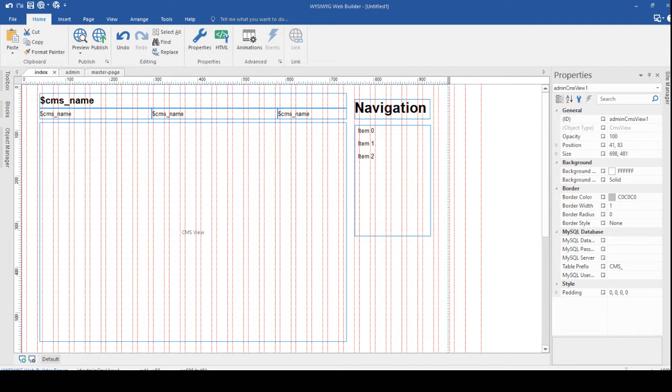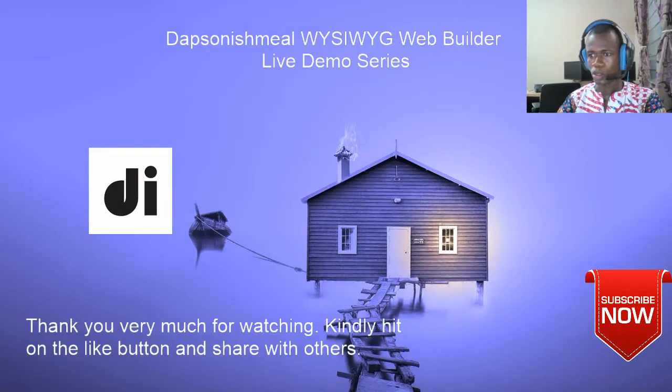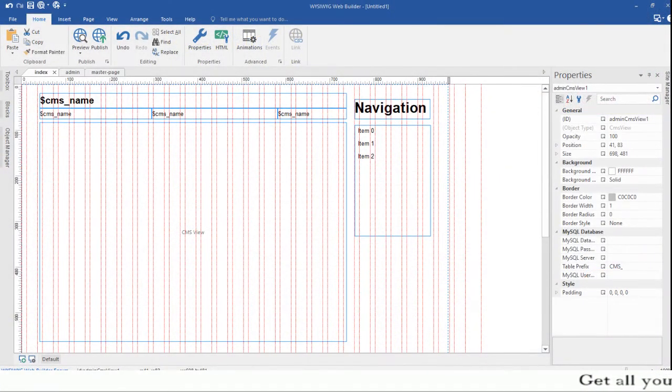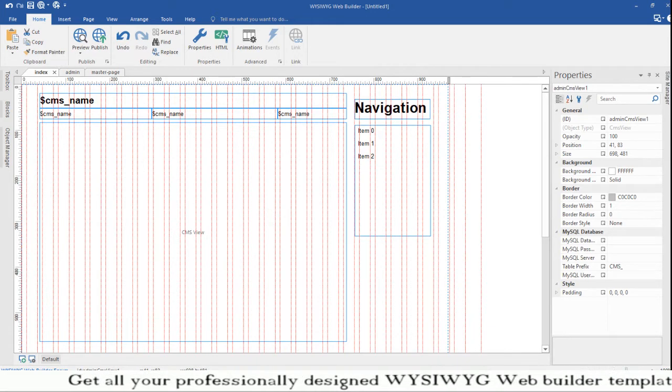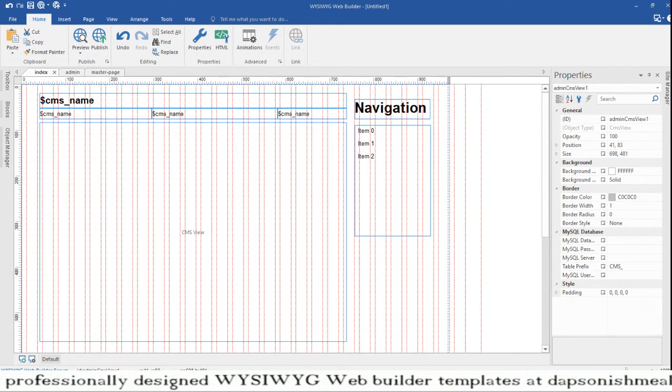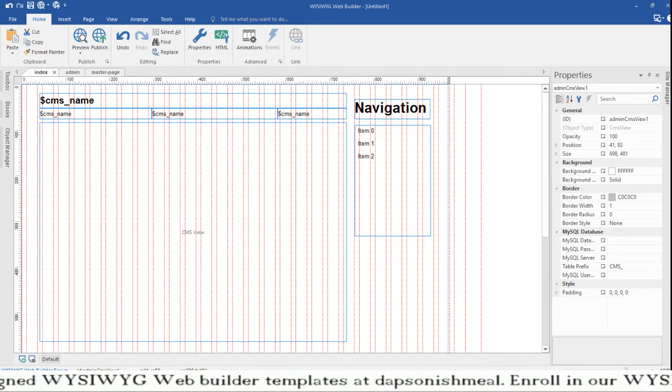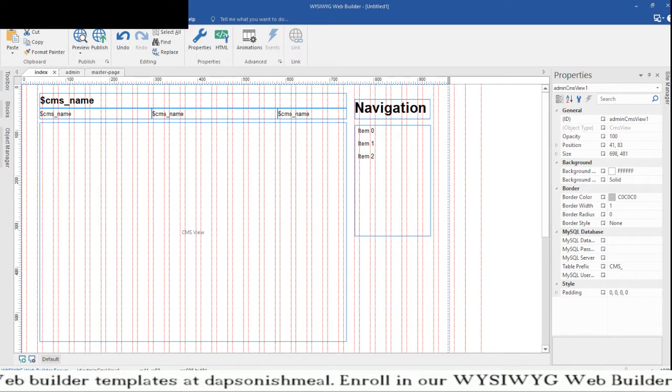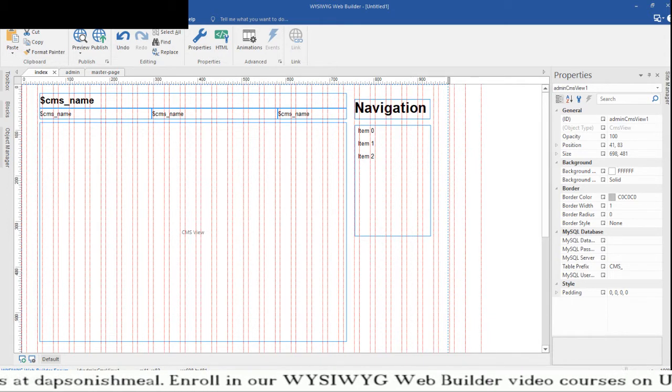Okay, so I didn't set this up initially. Let me see if I can add that here. Let me see if I can do this. Okay. I'm going to bring my